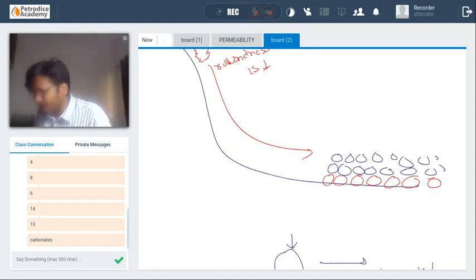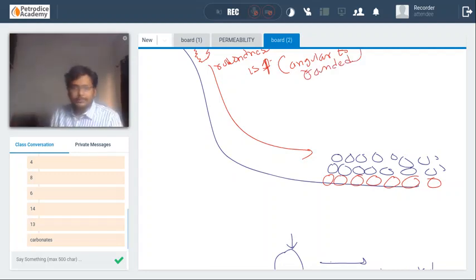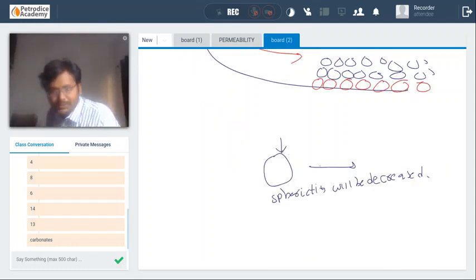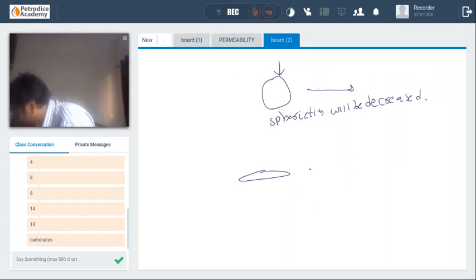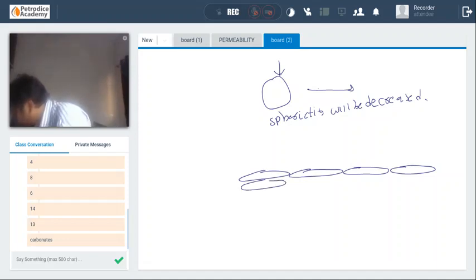Okay. What do you mean by this? Roundness is increasing, sorry. That means it is becoming from angular to rounded. Due to its transportation, all the angular edges are now becoming smooth. Because the sphericity is decreasing, all the grains at the bottom will be like this, thus decreasing the porosity.